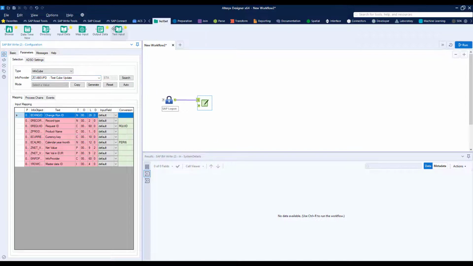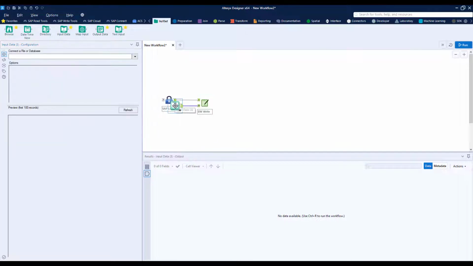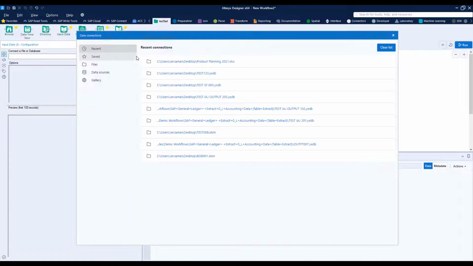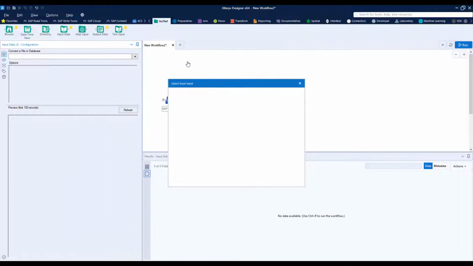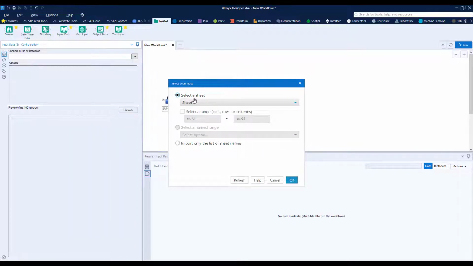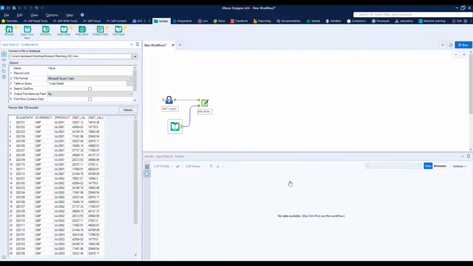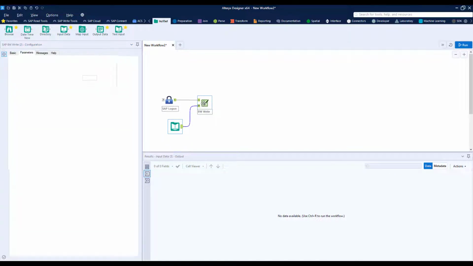So the next thing to do is to add some input, and I connect that to the data anchor on the tool. This is a standard Alteryx Input tool, so I just need to tell the tool where my data sits. In this case, I'm going to use an Excel spreadsheet to simulate my planning data. But of course, we could use an Alteryx workflow and maybe the predictive analysis tools to create data ready for planning. You can see my data here, and I'll go back now into the Write tool and confirm that my